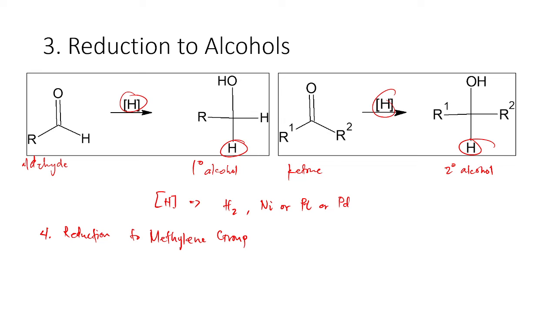So, by alkanes, ano nangyayari dyan? So, kung meron kang aldehyde, gagamit ka ng reducing agent, pwede kang magkaroon ng ganitong compound wherein we just remove our carbonyl group and replaced it with our hydrogen. So, pwede rin dito ang mangyari kung halimbawa meron kang ketone wherein ito yung R1 mo, ito yung R2 mo,